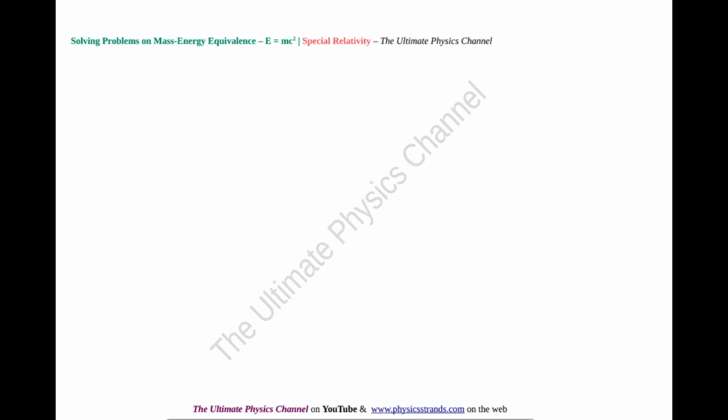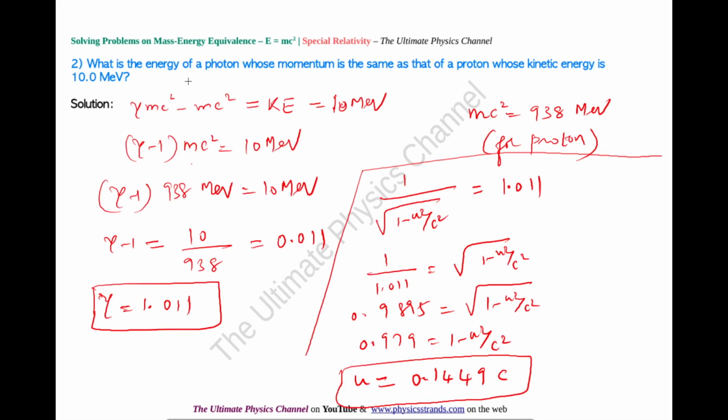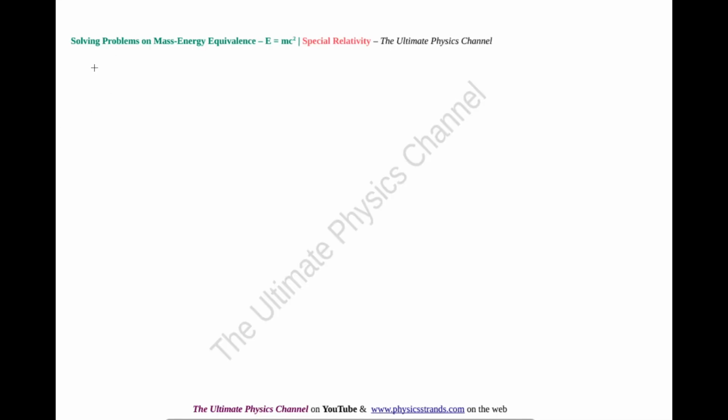Now once we have calculated that, we can move on to calculate its momentum, because in the question it is asked whose momentum is the same as the momentum of the proton. So we are going to calculate the momentum of the proton. P is equal to gamma times mu. This is a relativistic expression for momentum, where gamma has been found out to be 1.011 times, that is gamma, times the mass of the proton,